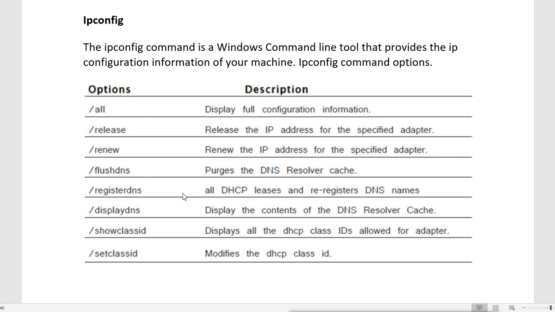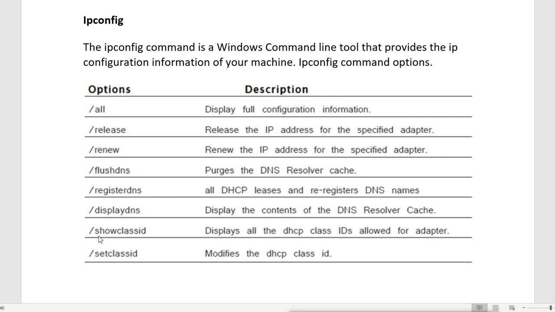So at that time we can run this command, registerdns. This registerdns command will register our machine name with the IP address in the DNS server record. Suppose we change it manually right now, and in the DNS server maybe the old record is there. So we can run registerdns to update our record in our DNS server. It actually happens automatically, we don't need to do this, but sometimes in case it is not doing so, we can run this registerdns to register our name with IP address in the DNS server.